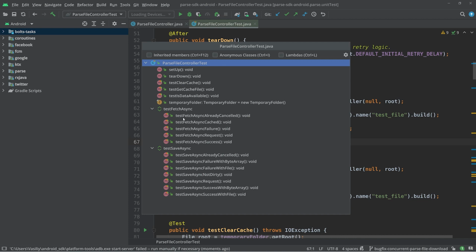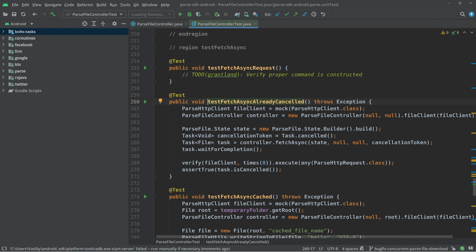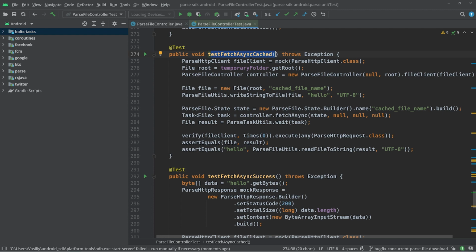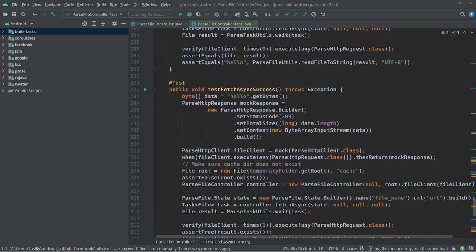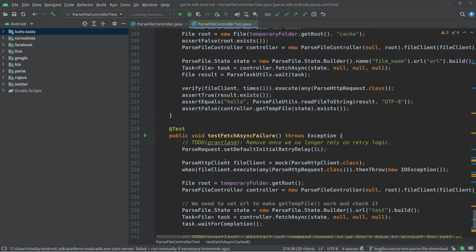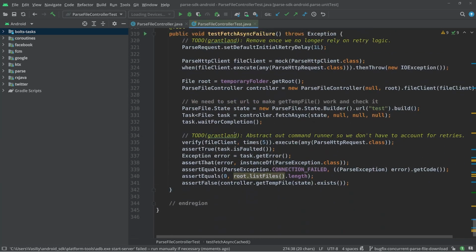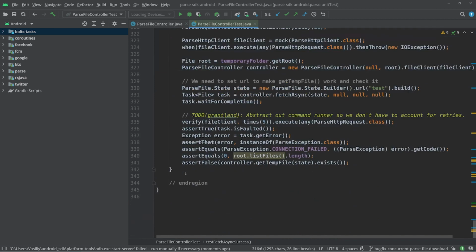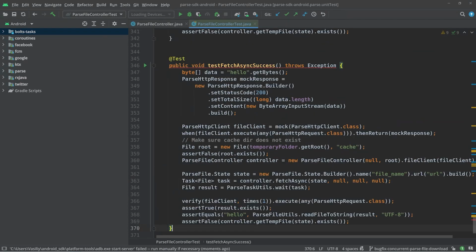Well, luckily we see all these unit tests. Test fetch async already cancelled, right? So fetch async is exactly that method that I want to test myself. So I just need to find a unit test which is similar to what I need. Test fetch async cache, test fetch async success. Well, and then test fetch async failure and nothing else. I think this test fetch async success is the closest to what I need. So test fetch async